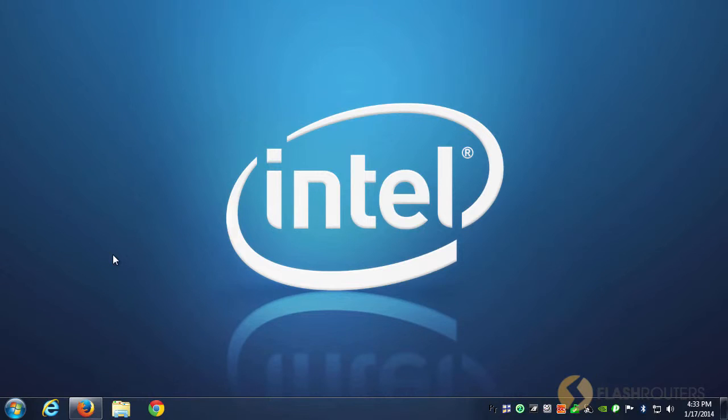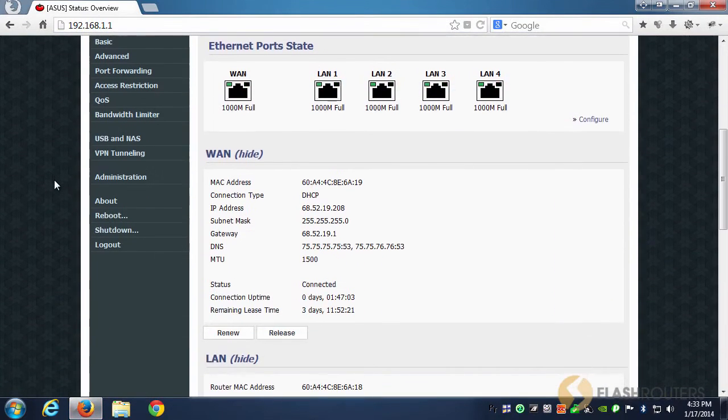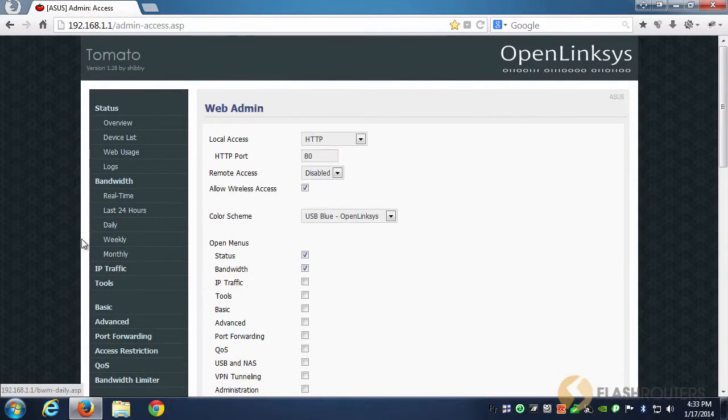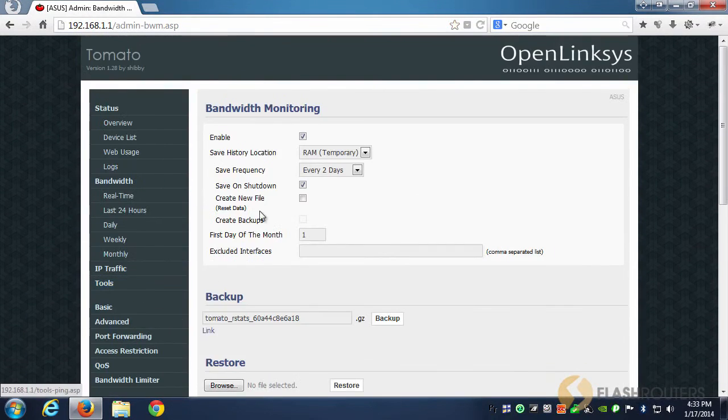This video is going to be a brief overview of how to back up your log files using the Tomato firmware. If we open our internet browser and log into the router and scroll down to the Administration tab and select the Bandwidth Monitoring subtab, you'll notice that next to Save History Location, we have a drop-down menu with a